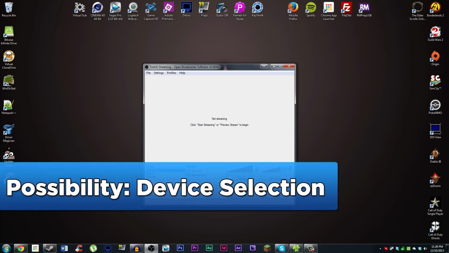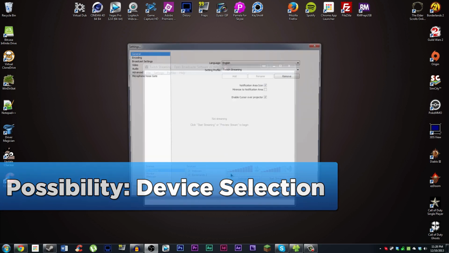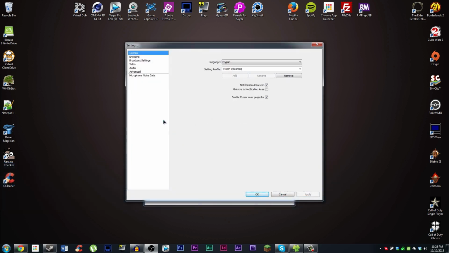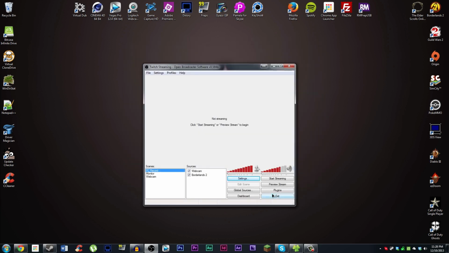Moving on past that disclaimer, the second possible solution is that you actually have the wrong video device specified in the settings. And I did not apparently cover this enough in the first tutorial because I did not think that would be an issue. But in order to fix that, let me touch on that a bit more. For example, in some laptops, you have your default Intel integrated graphics that your processor has, and then you actually have an NVIDIA graphics chip in there as well, which your games handle. And